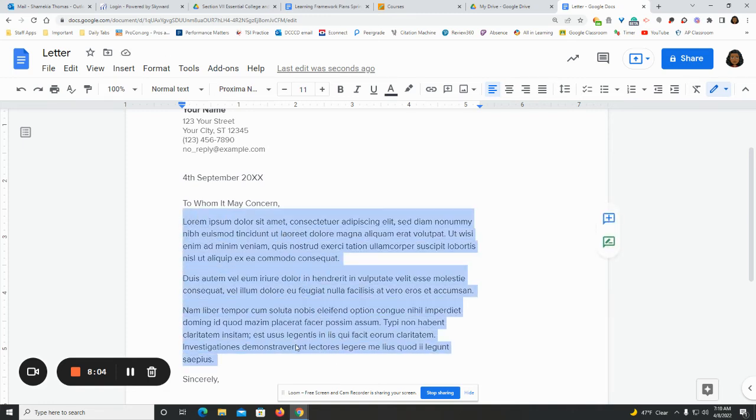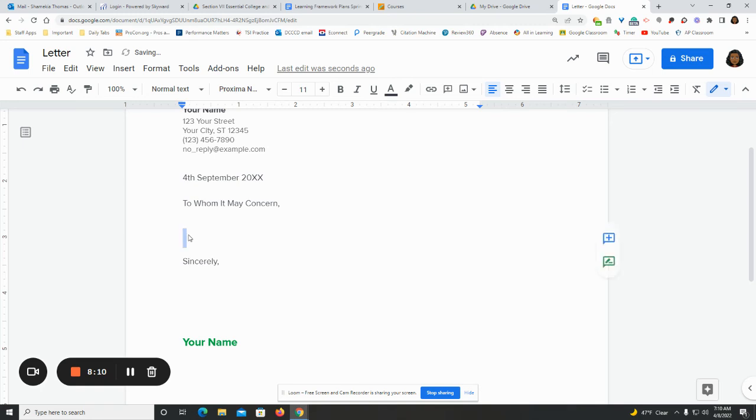It could be 3 paragraphs. It could be 2 paragraphs. You're young, so it may just be 1 paragraph. And you're just going to explain, are you applying for, you can do this as if you're applying for a job or if you're applying for an admission to a school. So you probably want to start out by saying something like,